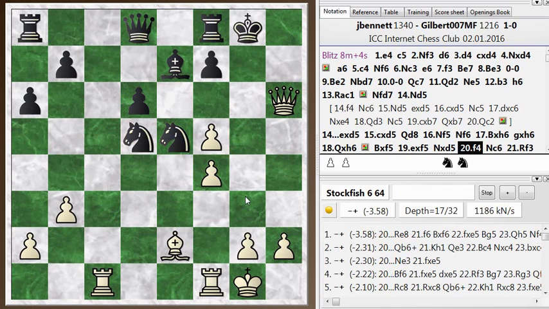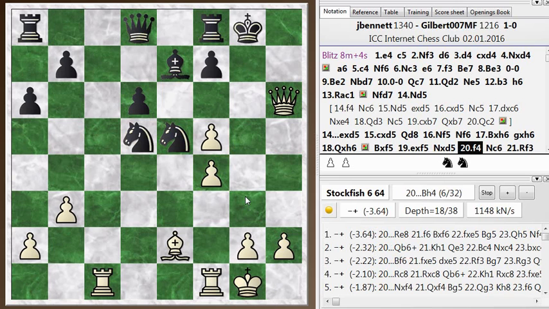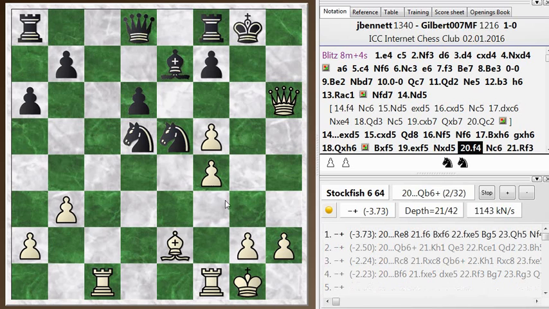But you'll see that the engine actually wants to give a piece back, which is something to keep in mind. If you're up 2 pieces, you can give a piece back and still have a winning game. And just move this rook to e8. Gives the king a flight square. Gives away this knight here. Interesting. Well, let's follow this line here because it doesn't show me taking the knight immediately. Rook e8,